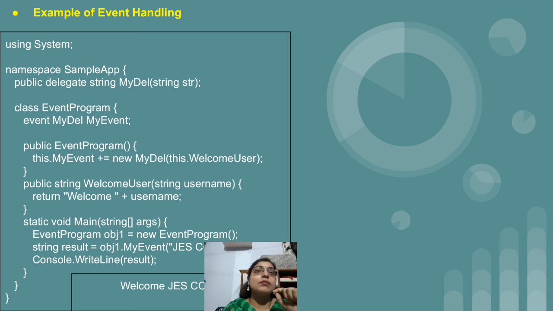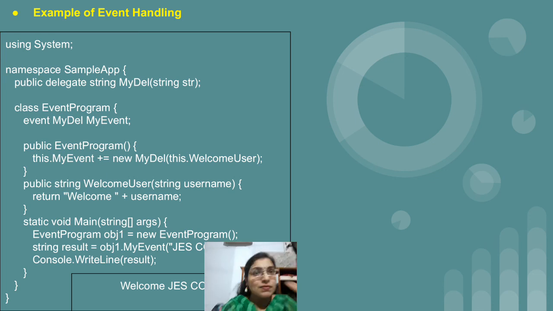After that, the next step is we have created the constructor of the EventProgram class by writing public EventProgram, round brackets, curly brackets, and in this constructor we have called the event. So when we create an object of the class, immediately the event will occur, because we have created the event object inside the constructor only. And as we all know, the first part which gets executed when we run the program is the constructor.